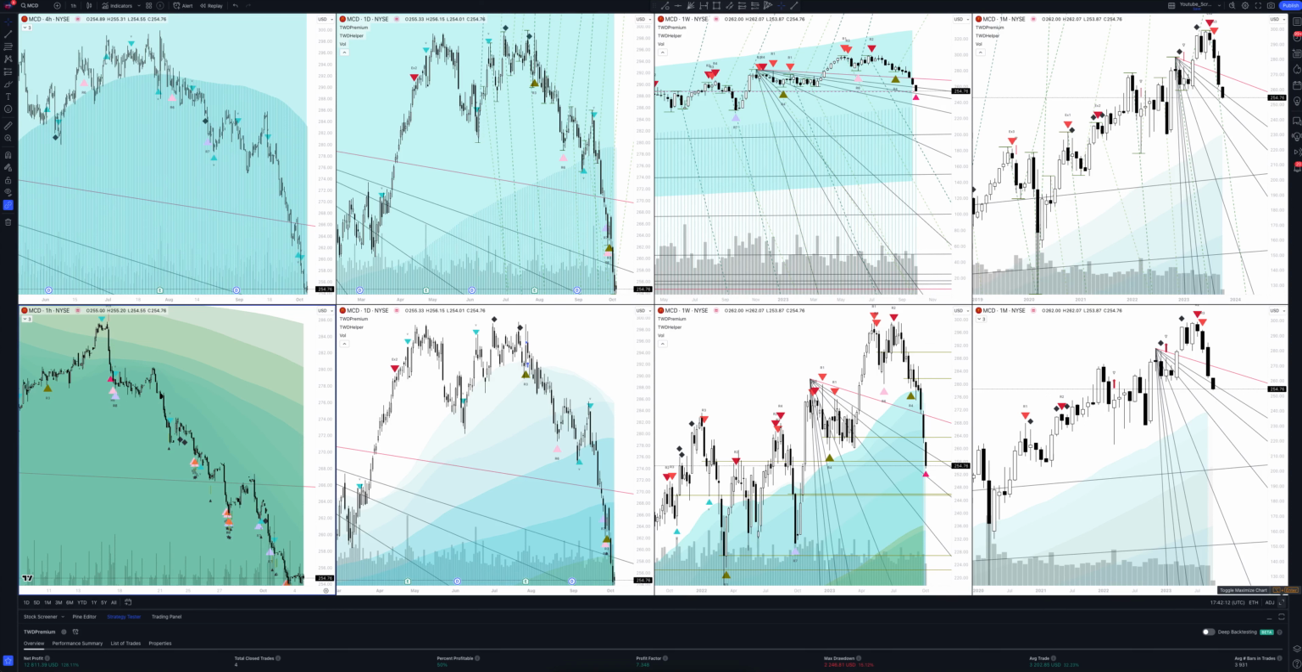The next chart will be the daily one. The strategy we are considering, as well as the weekly one,